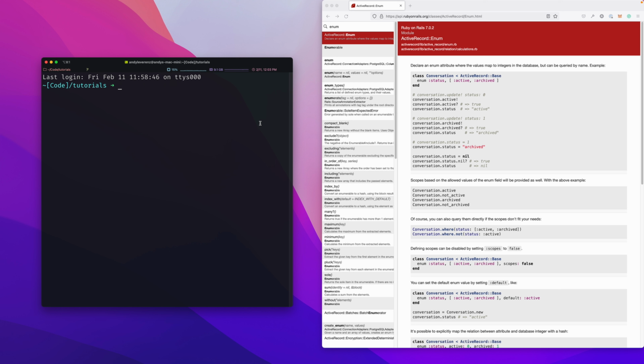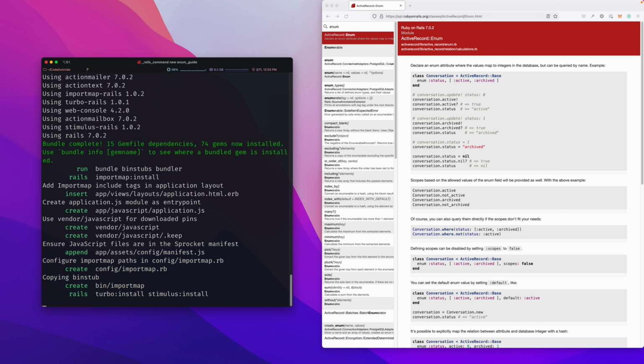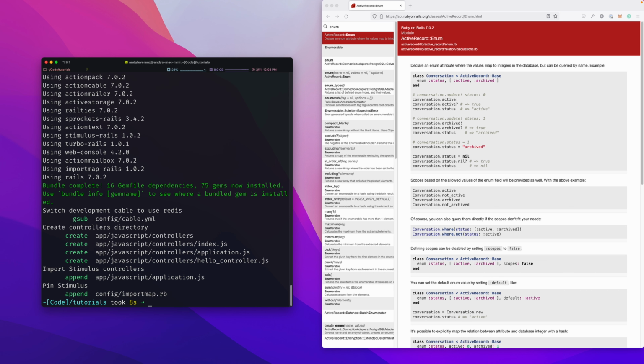I'm going to do a very simple plain Jane app to run with it. So I'll do rails new enum guide. I have one already called demo, so I'll just do guide. This will just create a basic vanilla Ruby on Rails 7.2 app. Nothing crazy for CSS or JavaScript. It's just all the defaults. And then we'll cd into